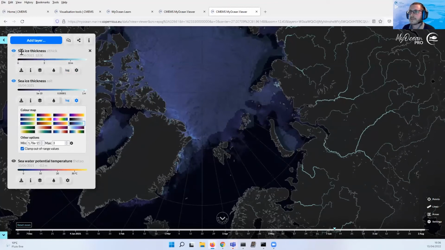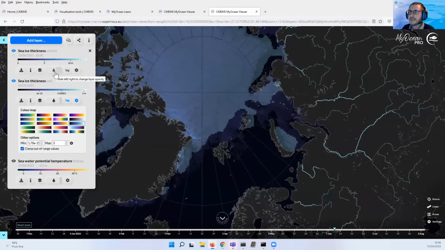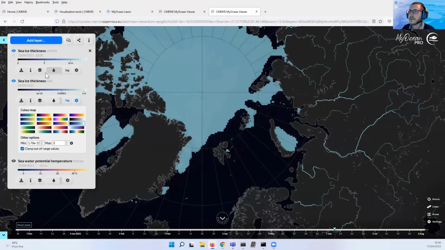So if I choose this layer to be displayed at the top of all the layers, we see it more clearly. Here, we can decrease and increase the opacity of the layer. So if I slowly decrease this layer that was on top,